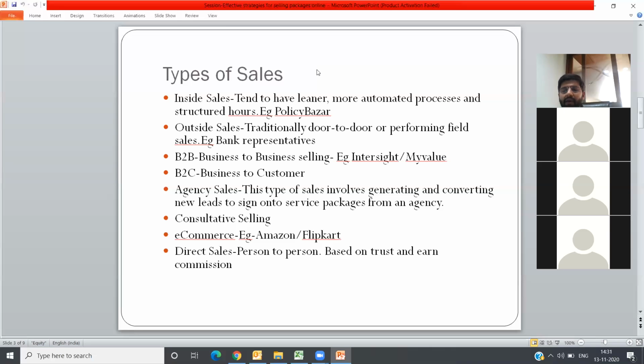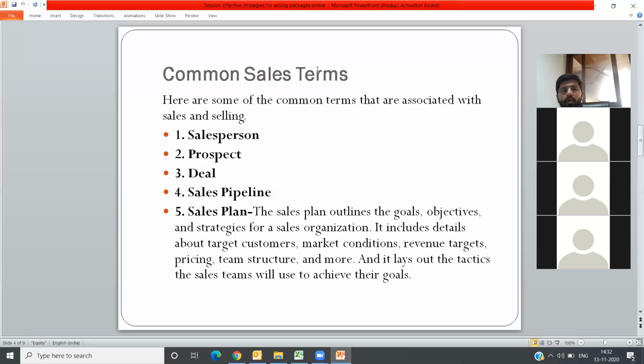I have taken an agency, and apart from this travel business, I have started selling herbal products and all, like Amway. Persons trust me, they know that I am a trusted person, so I can promote Amway products or some other herbal products to my network and start earning commission. This is a part of sales. You are engaged in a major job, and you will be engaged in some other job. This is part-time income you will be making through direct sales. So the common sales terms which are being associated and which you have heard earlier also, I'll be making it clear.